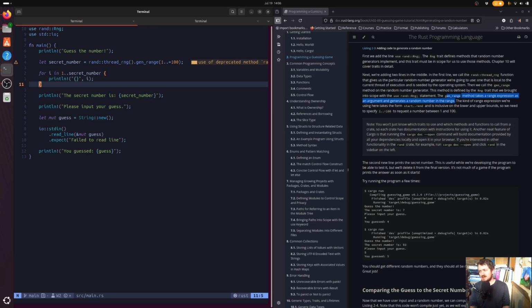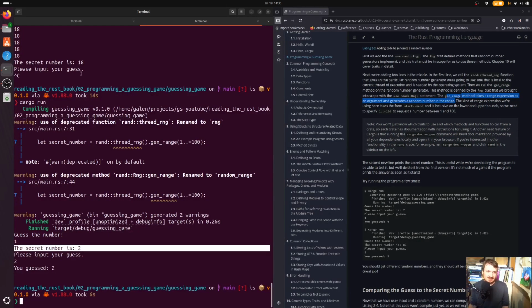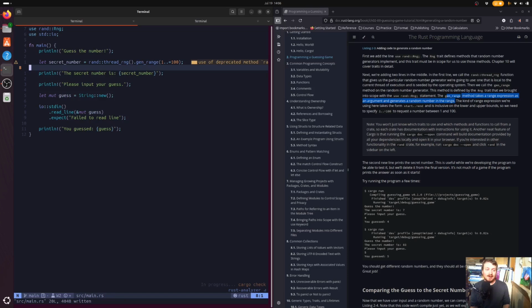Oh my goodness, I just can't do basic logic today. You know what it is? The secret number is 2, and there's only one number that comes before 2, between 1 and 2, so we're done. Just not thinking about it enough. But anyway, the point of that was just to show you that 1 to 100 can